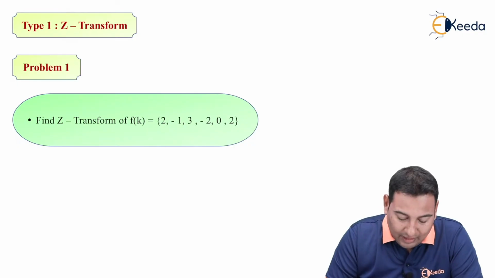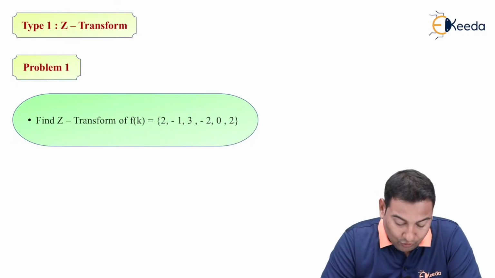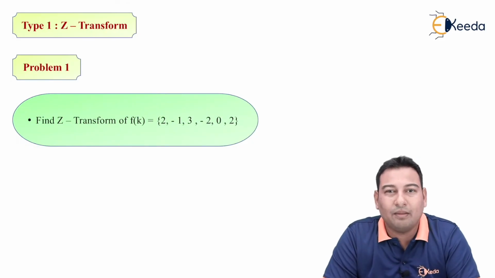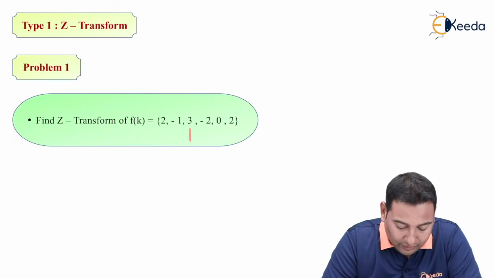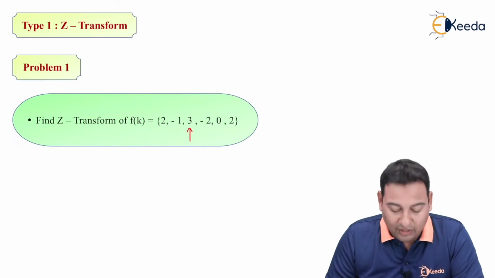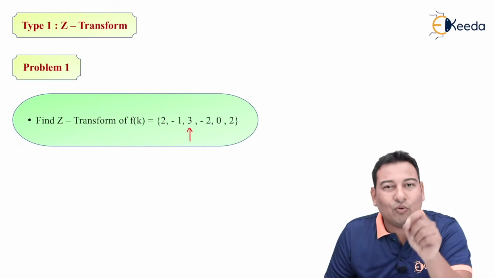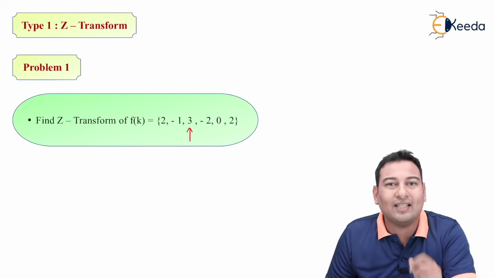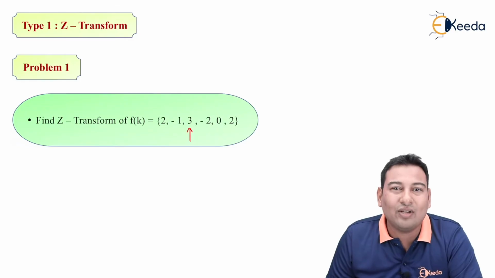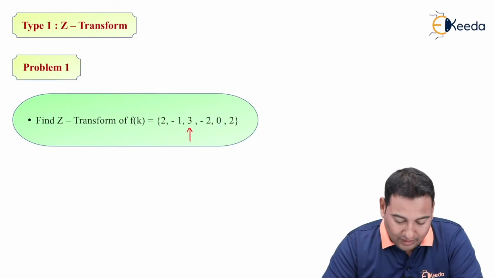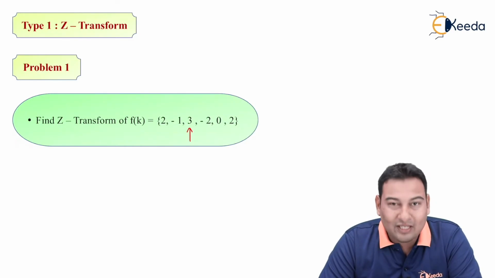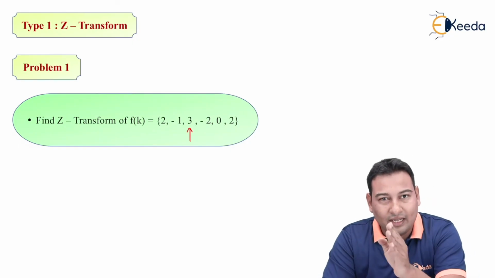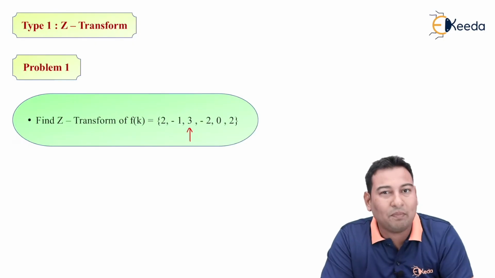Now friends, here an arrow must be there. The arrow is not given, so it is by default on the first element. But here I am considering the arrow on the third. So let me assume the given problem is with an arrow and the arrow is pointing on the third. If it is not given, you can assume the arrow at the starting position. This arrow indicates your index. So here the arrow is pointing at 3. So you can say 3 is at 0 position. Here it will be minus position and here it will be plus position.